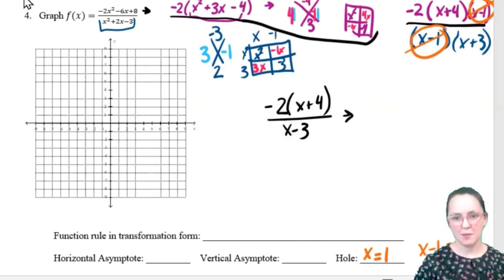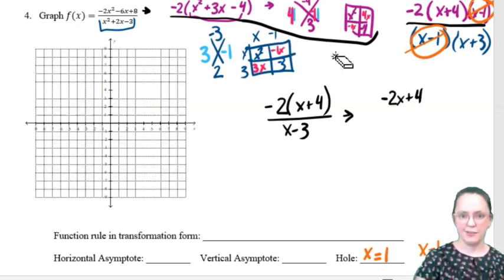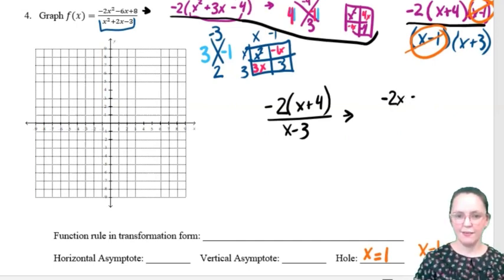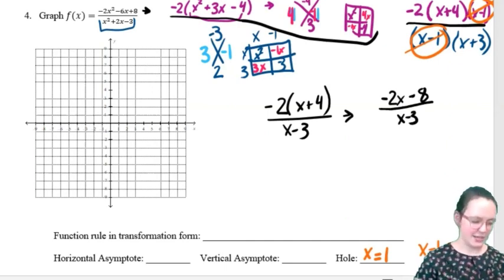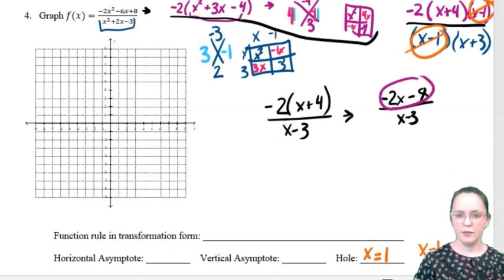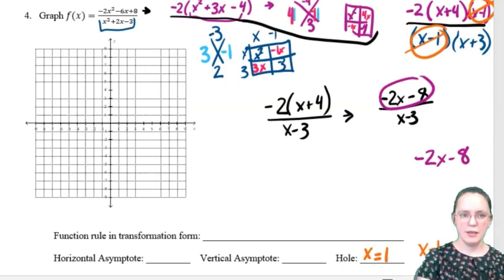So I'm going to multiply it back together to get -2x plus, I'm sorry, -8, -2 times that 4 as well, divided by x minus 3. And now we're ready to set up our long division. So we're going to take our numerator, -2x minus 8, and we're going to divide it by that denominator,